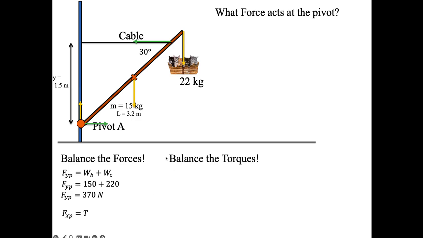The next thing we're going to do is balance the torques, okay? Because this rod could be rotating. And now at this point in the problem, what you want to do is put the pivot somewhere, the place where all the torques are going to act around. Now, the natural place to stick it is right here,